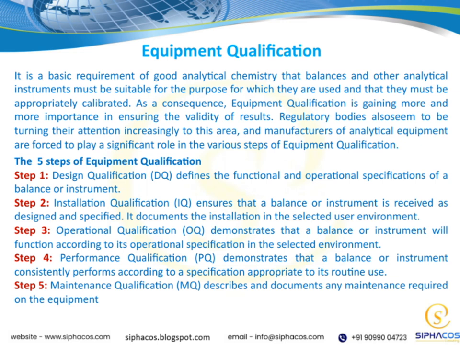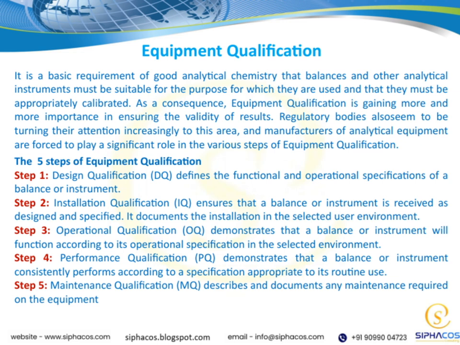Regulatory agencies are paying more attention to this area, and manufacturers are now playing a bigger role in each step of the qualification process. There are 5 key steps in equipment qualification. The first is design qualification, or DQ, where we define the functional and operational specifications of the instrument or balance. Next is installation qualification, IQ, which confirms that the equipment is received as designed and specified, and it's correctly installed